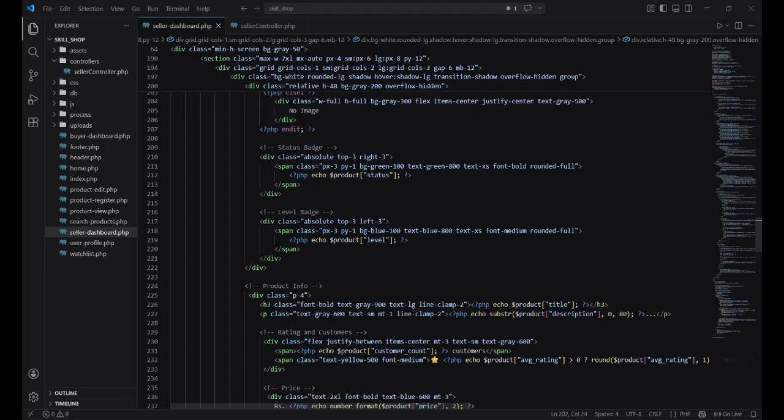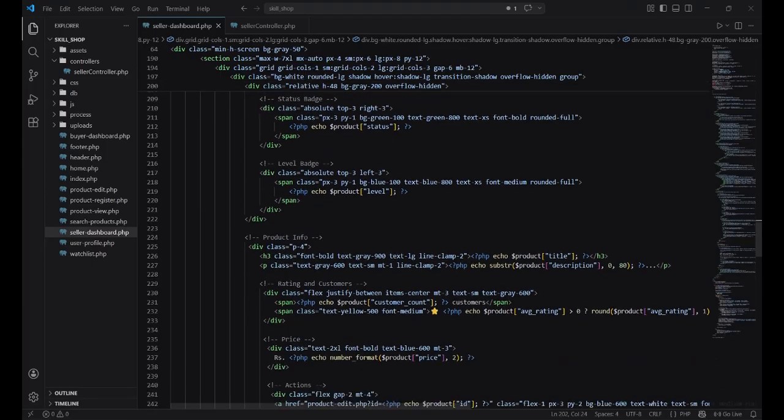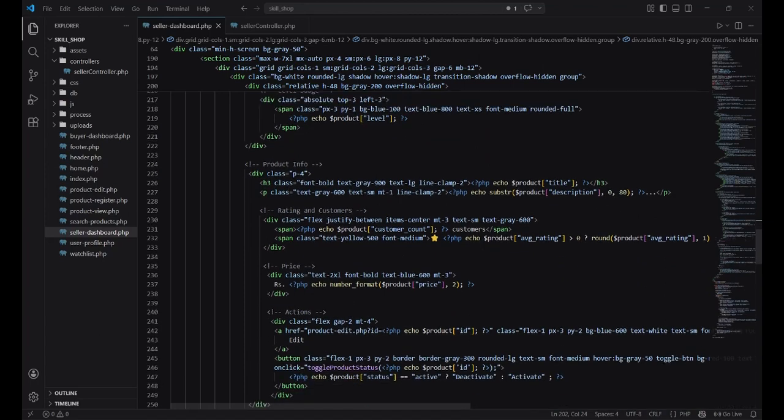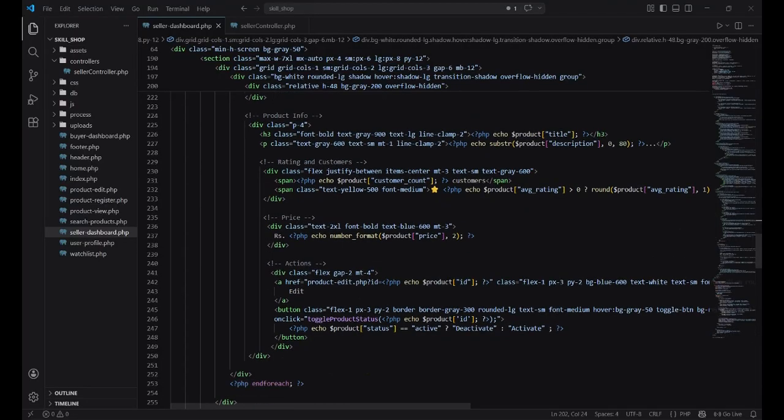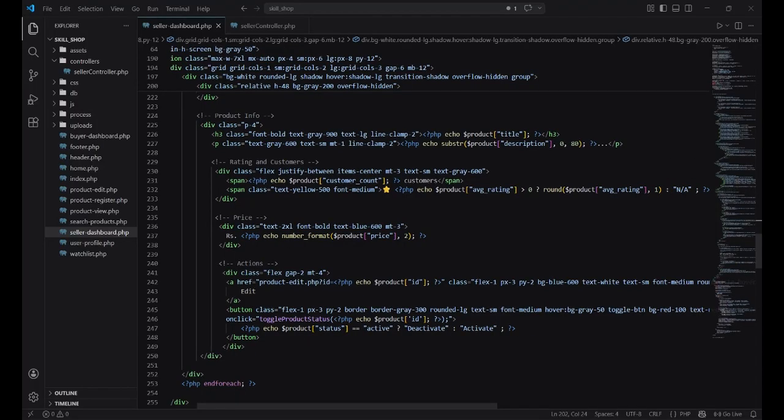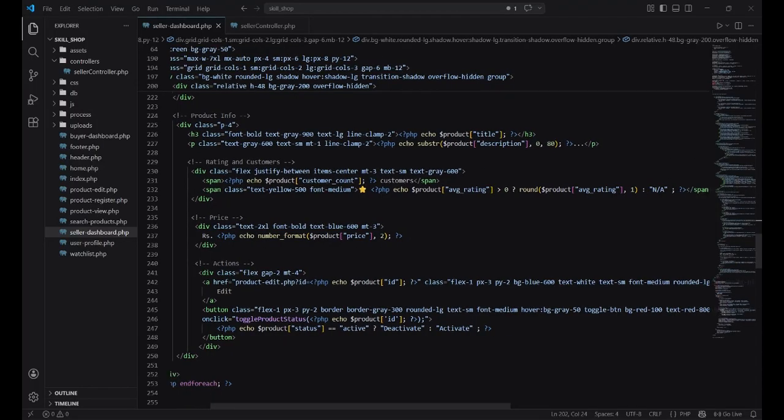I have echoed the product status, and for the label badge I have echoed the label, and for the product information, for the h3 tag I have echoed the product title. Next, for the paragraph tag I have echoed the description. Next, for the customer count I have echoed the customer count of the array $product, and for the number of stars I have